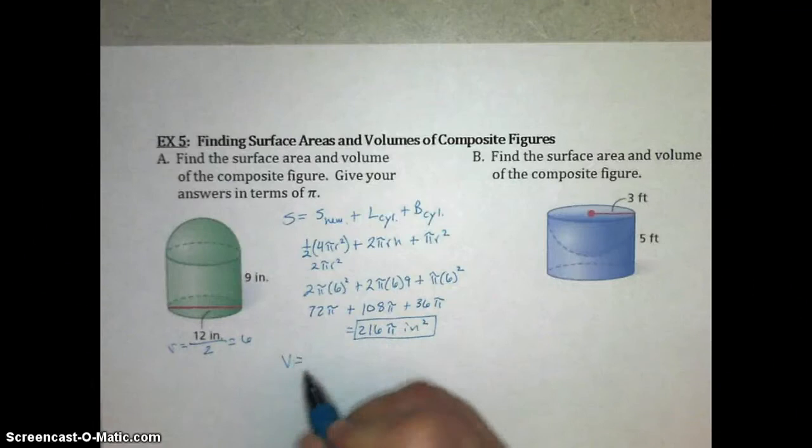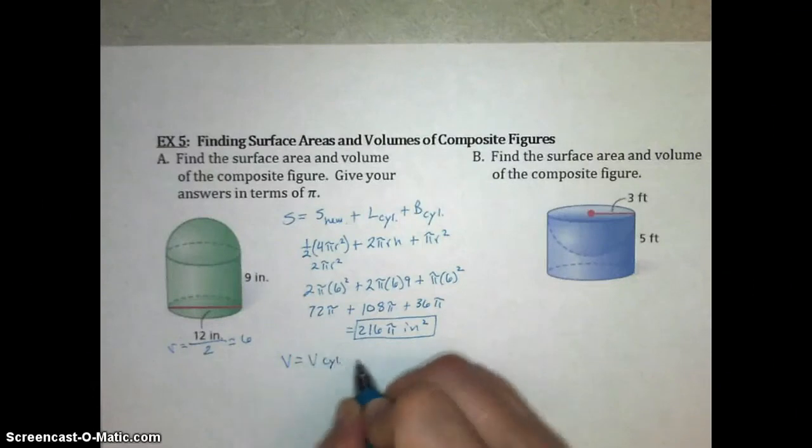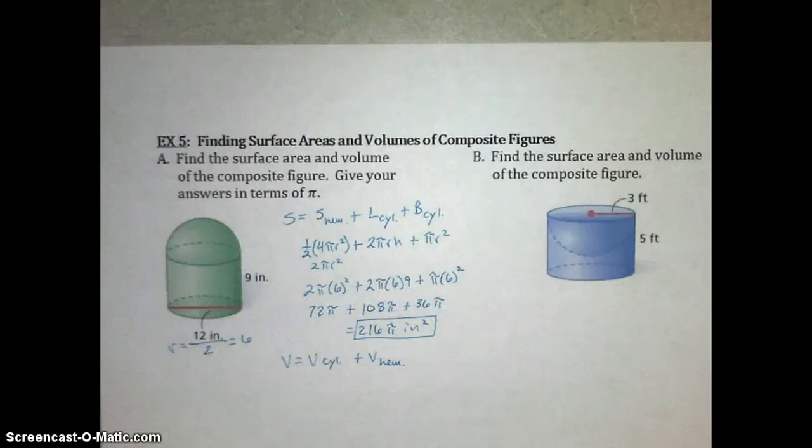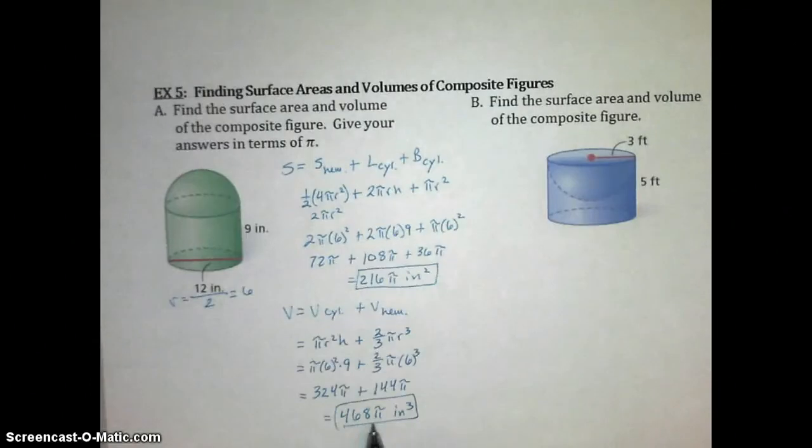Now for volume, we're going to take the volume of our cylinder plus the volume of a hemisphere. In doing so, we get 468 pi cubic